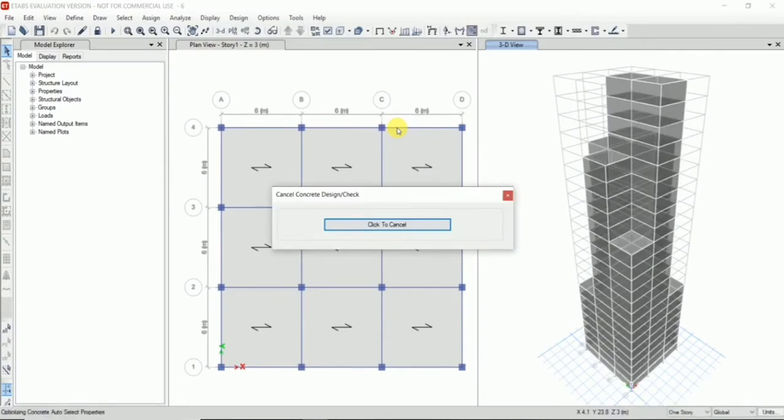Wait for some time as the software runs design on our building model. Once the design is completed, the software asks our permission to reiterate the analysis and design for the failed members.